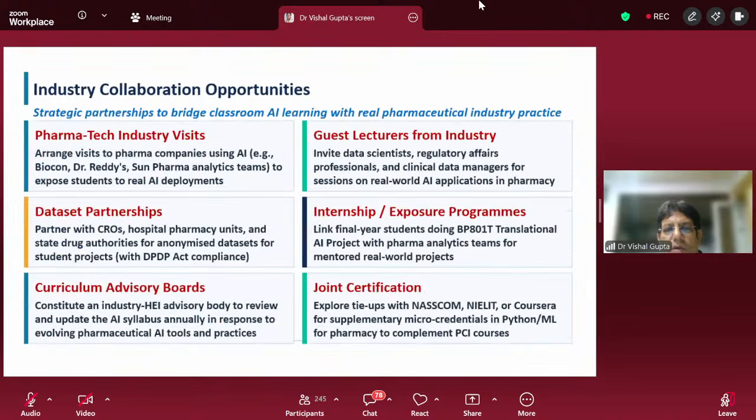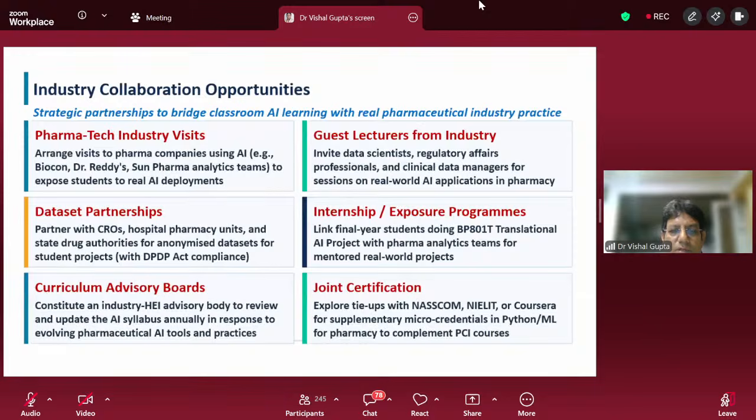The important thing we have to remember is that for teaching of these subjects, AI and other related subjects, industry integration or collaboration is very, very essential. It is essential to bridge classroom AI learning with real pharmaceutical industrial practice. So organize pharma tech industry visits. All these days we have been focusing on manufacturing, quality control, quality assurance. But now when you take them on the industrial tour, encourage them to visit how the application of AI is going to happen. Partner with the CROs, hospital pharmacy units, and state drug authorities for anonymized datasets